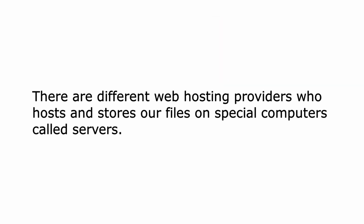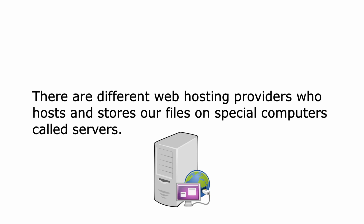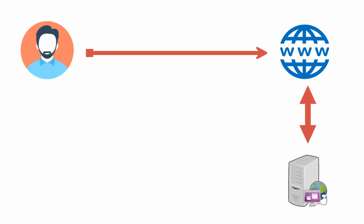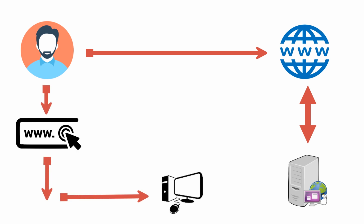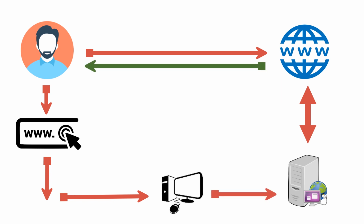There are different web hosting providers who host and store our files on special computers called servers. When internet users want to view our site, all they need to do is type our website address or domain into their browser. Their computer will then connect to our server and our web pages will be delivered to them